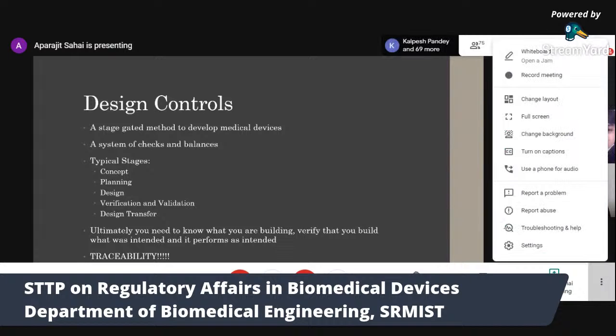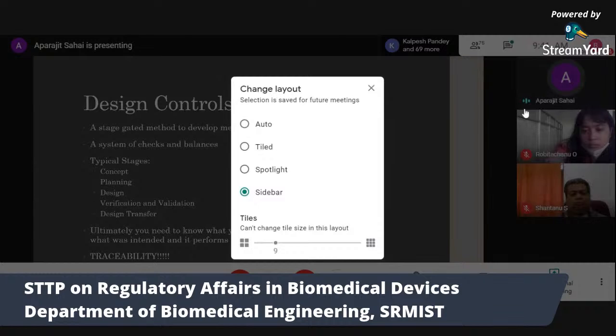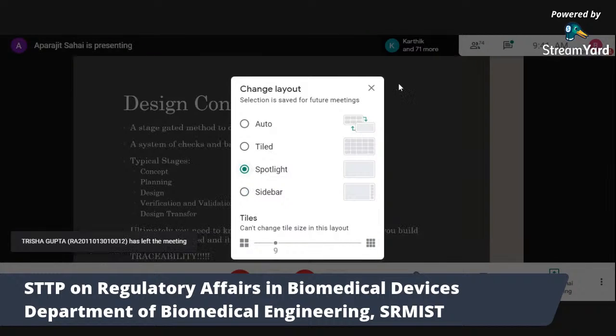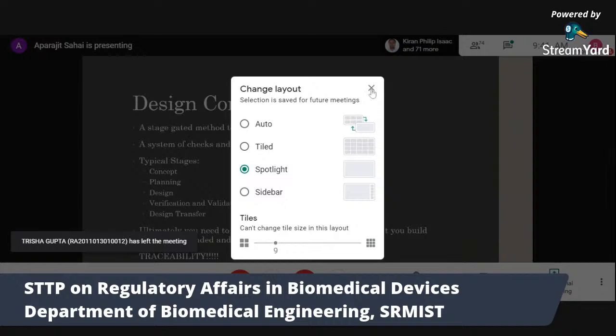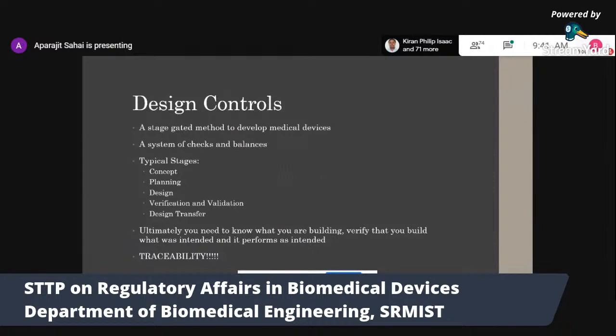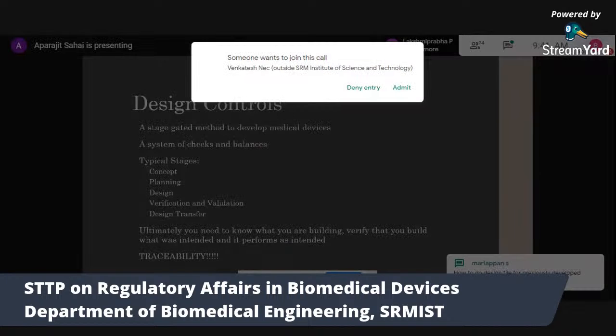In some cases, the usability evaluation is enough, and that then covers validation. And then finally, you come to design transfer, where the device is ready. One thing that I missed in all of this is that during this entire development process, it's very important to know exactly what standards and regulatory requirements